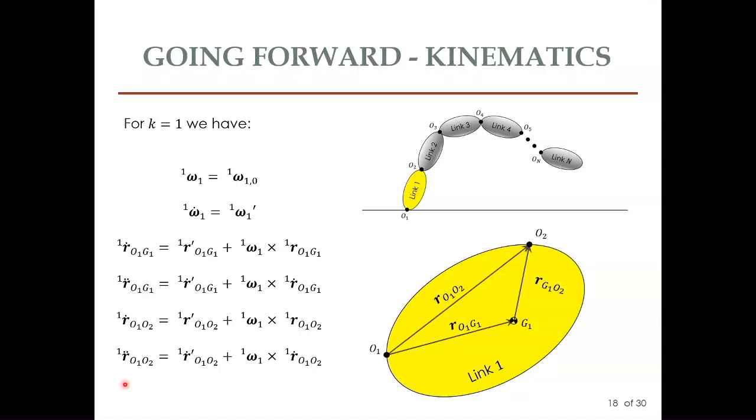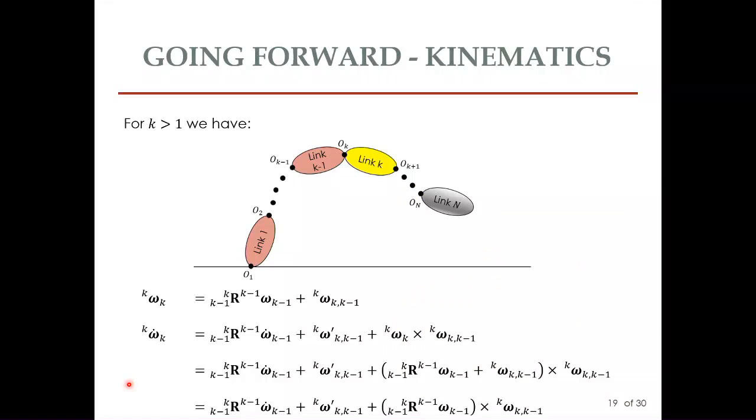Okay, next is these two equations. So the first one, absolute angular velocity of link k. What I'm doing, I'm adding the relative to the previous link with the absolute of the previous link. Okay, so omega k minus 1,